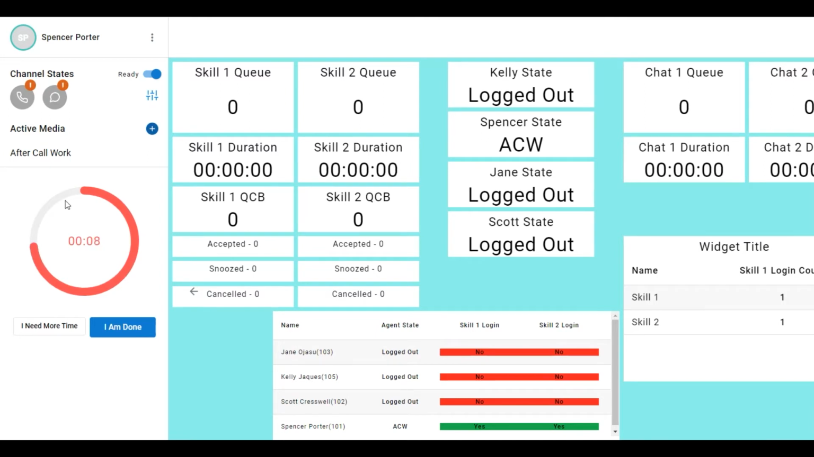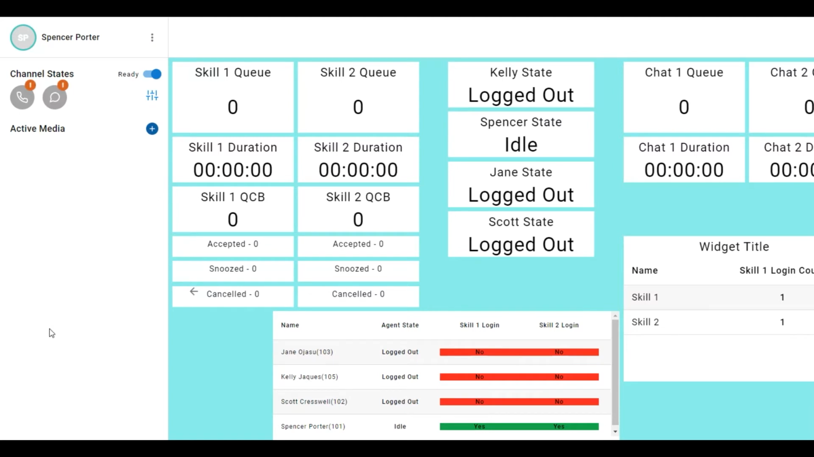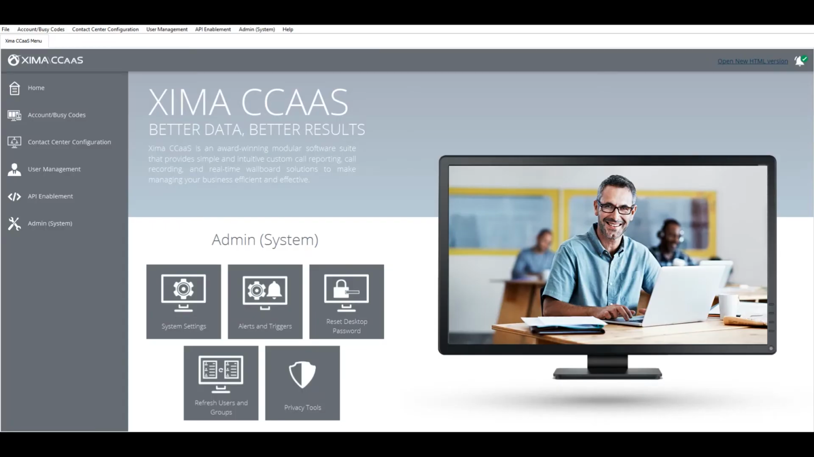Depending upon what you've selected and customized this to be, I need more time can be anything from a minute, 2 minutes, whatever you see fit for the number of snoozes in which you allow the customer to have. This will go through step by step on how to configure this custom amount of time for the after call work timer. If you would please direct your attention to the admin portal section under admin system, system settings,